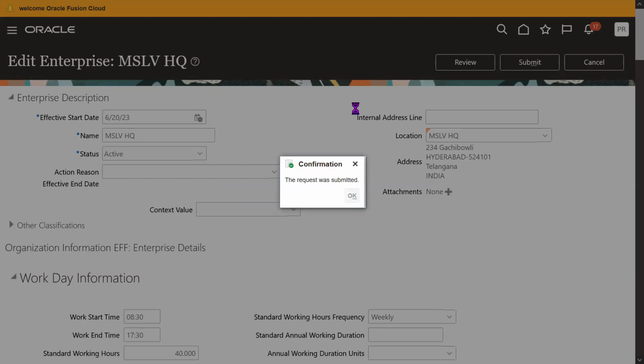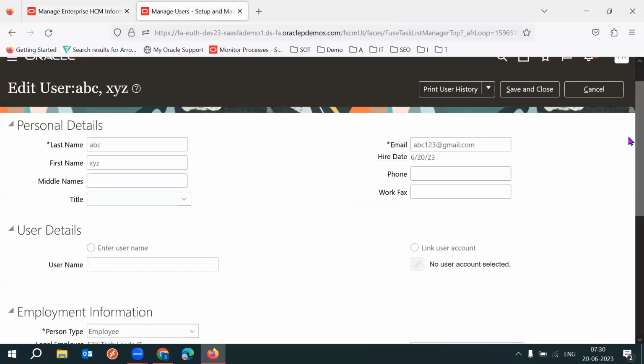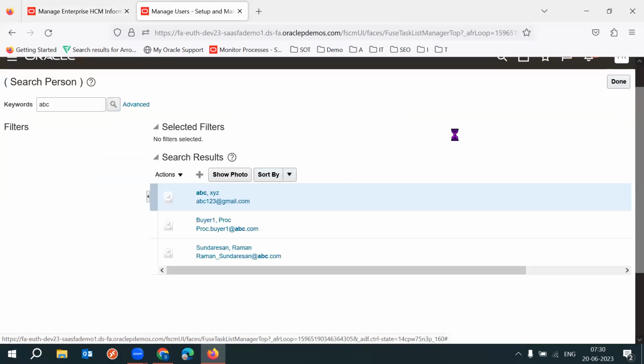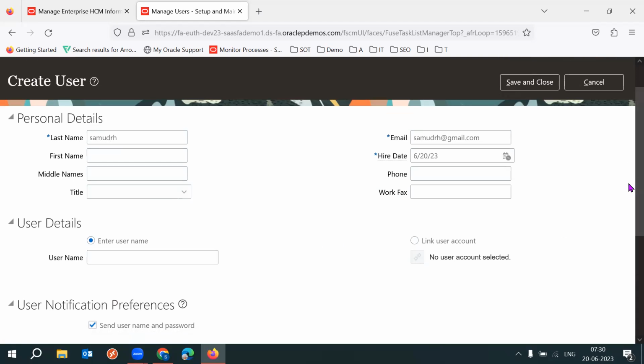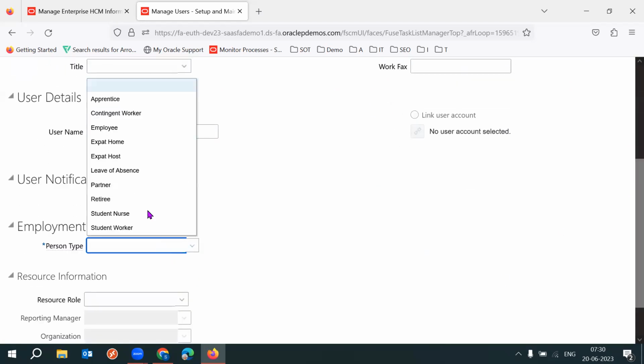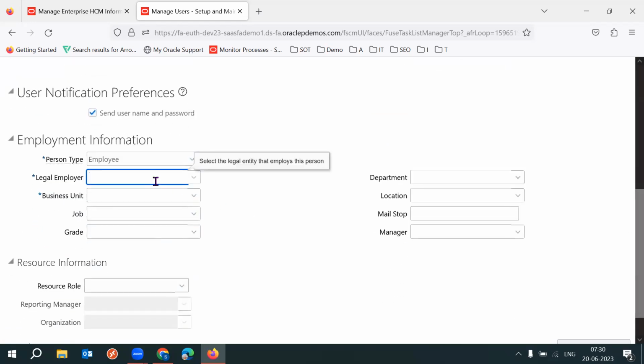Okay. Now let's create an employee again. I'll create in the short screen. I'm creating an employee again. And person type, I'm selecting it as employee, and a legal employer, nothing but under which company this employee got